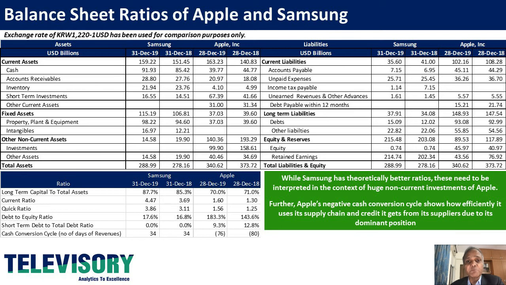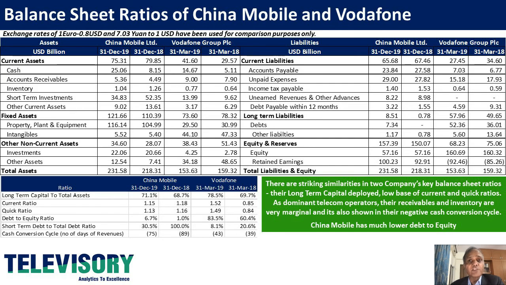Another very interesting part is the maturity profile of Apple's debt. More than half of its debt matures after 5 years, and some of these analyses are very important for us to understand two comparable companies. Next, we look at China Mobile and Vodafone, nearly comparable